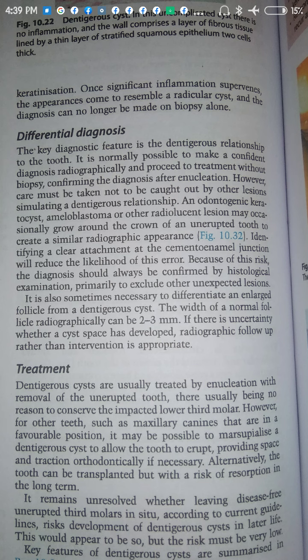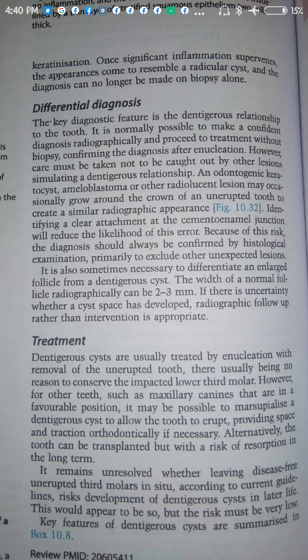It is also sometimes necessary to differentiate an enlarged follicle from a dentigerous cyst. The width of the normal follicle radiographically can be 2 to 3 millimeters. If there is uncertainty, however, whether a cyst space has developed, radiographic follow-up rather than intervention is appropriate. Treatment: